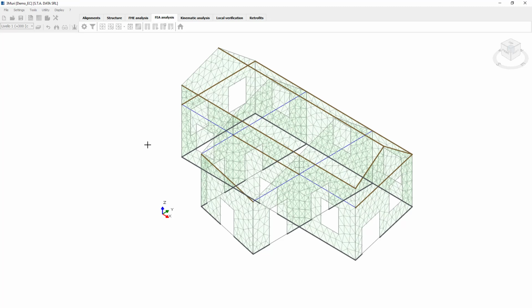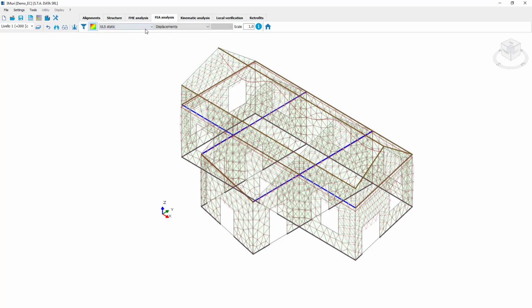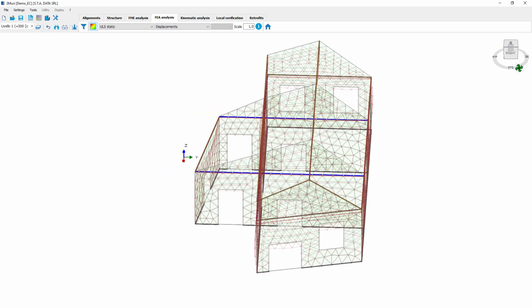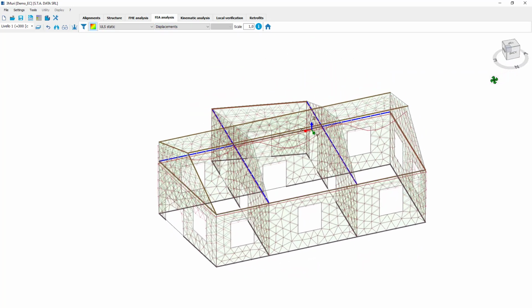And also we are going to be able to see, as we see here once we enter the results environment, as I previously said, we have different combinations at different limit states, and we are going to be able to see the displacements of the structure. As we see here in our 3D view,